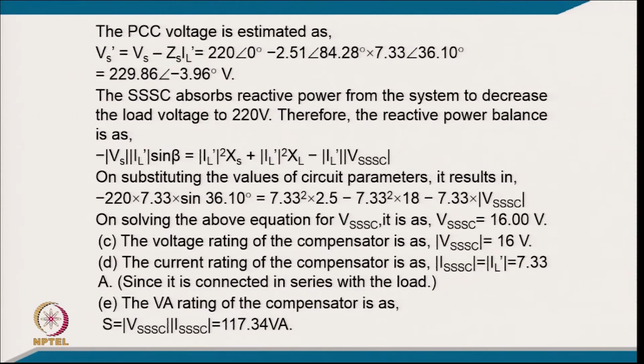And the PCC voltage can be estimated from the relation Vs minus IS ZS. So, it is 220 at 0, and putting in the values, it comes to 29.86 at the angle of minus 3.96 degree volt. The SSSC absorbs reactive power from the system to decrease the load voltage to 220. Therefore, the reactive power balance is typically calculated from this formula, and the VSC voltage comes to 16.00 volt, and that is the voltage rating. The current rating is the same as the series compensator, and the VA rating of the compensator is